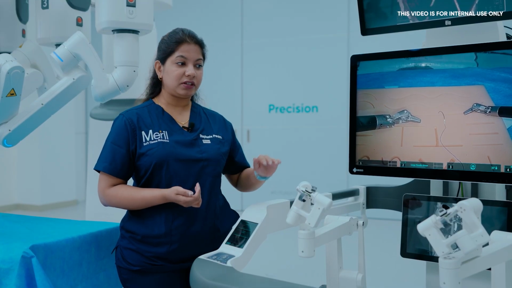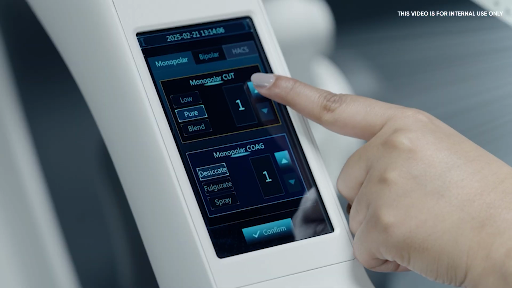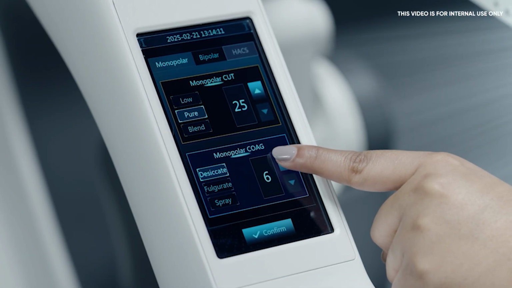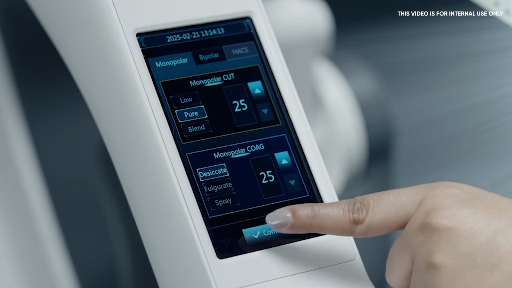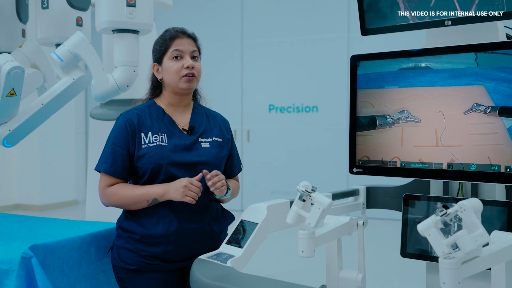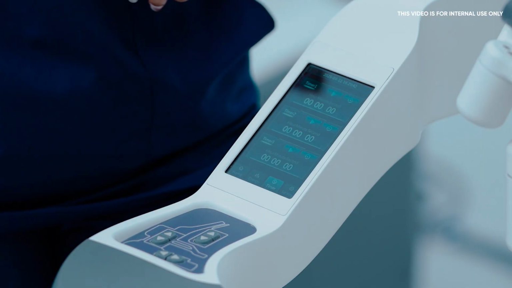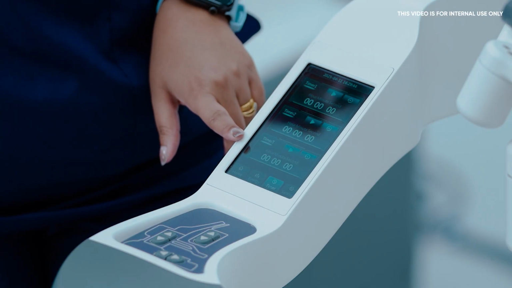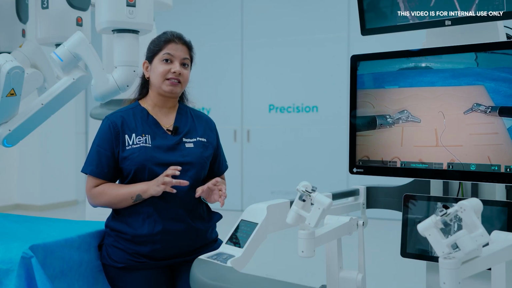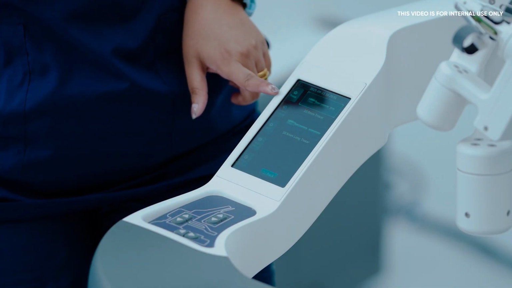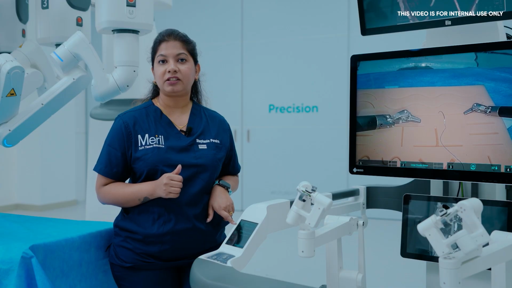Simultaneously, there are 2 screens on each of the armrests. The screen on the left can be used to adjust the energy, which means the surgeon can adjust the energy sitting from the console and does not have to depend on the bedside. The surgeon can record his time of surgery and understand how much time he has taken to complete the entire surgery, as well as select the length of the trocar which you will be attaching on the patient